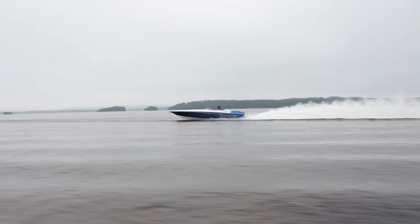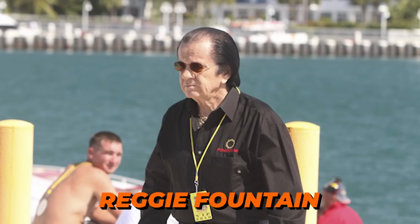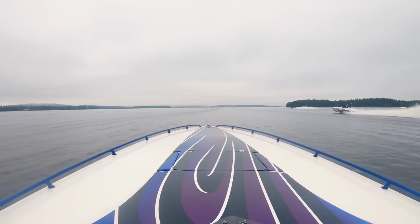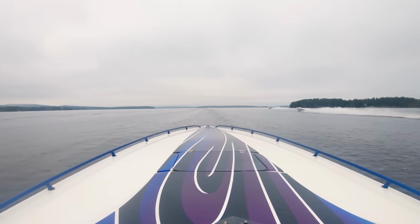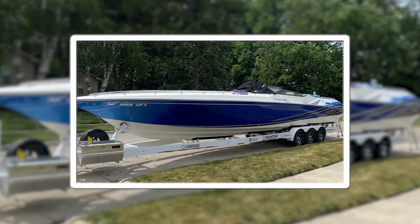80 miles per hour. Designed by performance boat legend Reggie Fountain, the Executioner wasn't just fast, it was stable, agile, and remarkably precise at high speed. Whether navigating choppy waters or dominating offshore races, it offered the kind of performance that defined a new standard in